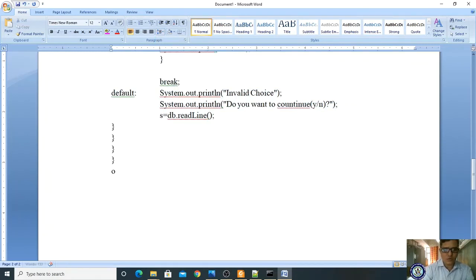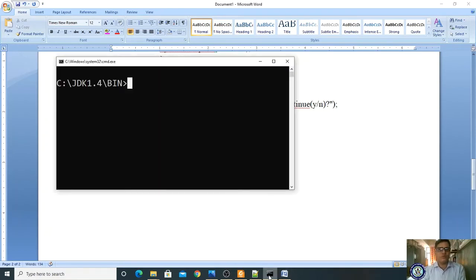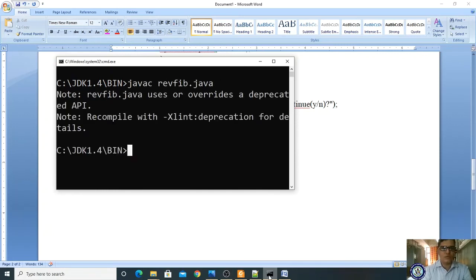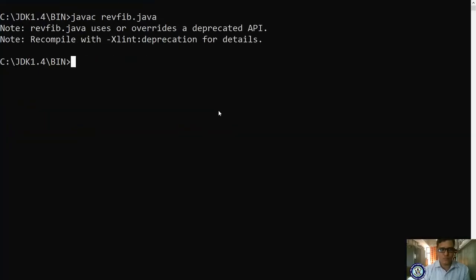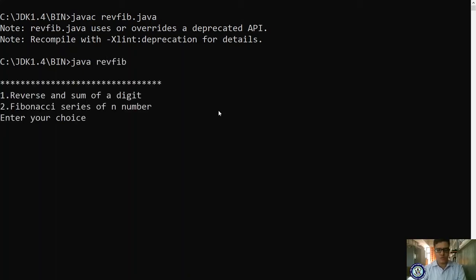Now I am showing you the output, how to extract the output. javac rev fib.java. So this is your program, right? And now run your program, java rev fib. So it is showing like this.